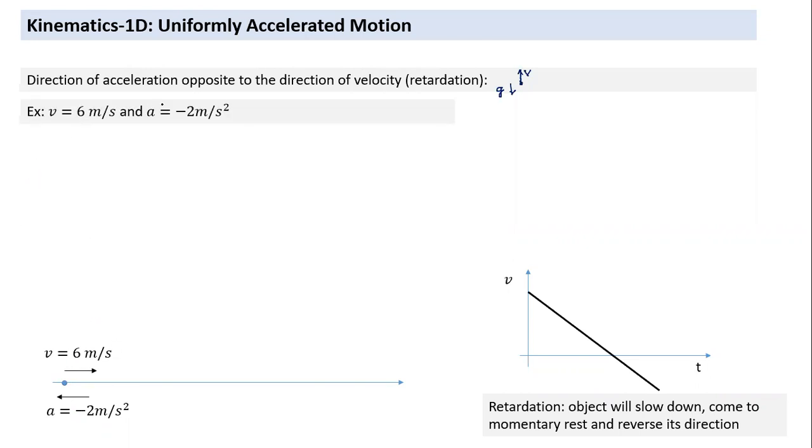So velocity is 6 meters per second and acceleration is minus 2 meters per second square. First question: how much time until the object comes to momentary rest? How do we find an answer to this? This is the initial state. Pretty simple, again based on acceleration being constant, using those three equations. Visually, I should visualize how the motion takes place, moving like this, slowing down and coming back. So what is the second point I need to choose here?